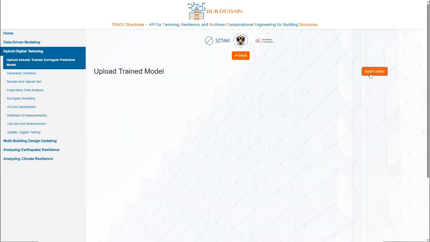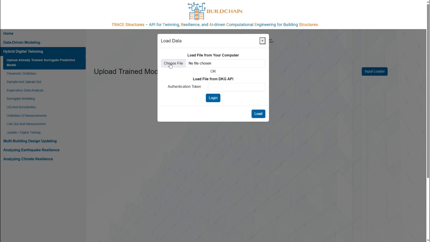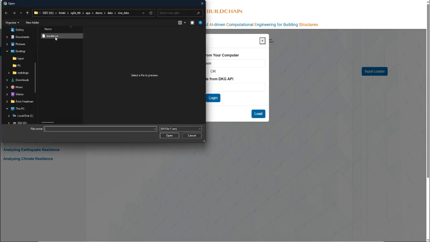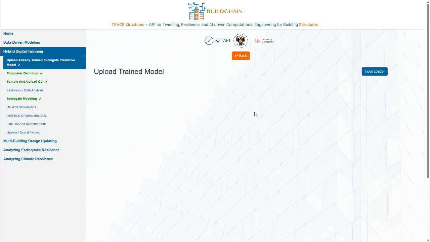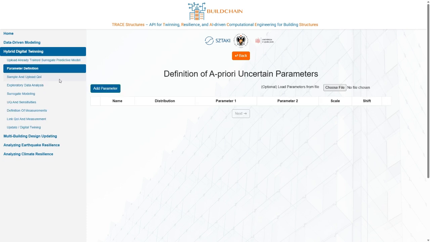You can import pre-trained models by clicking the Input Loader button. This lets you upload a file from your computer. Alternatively, you can import models through the DKG API. If you click on the Next button or navigate to the next page on the menu bar, you can start